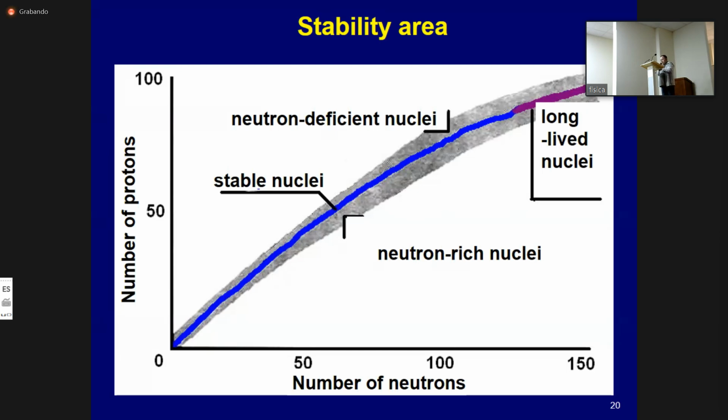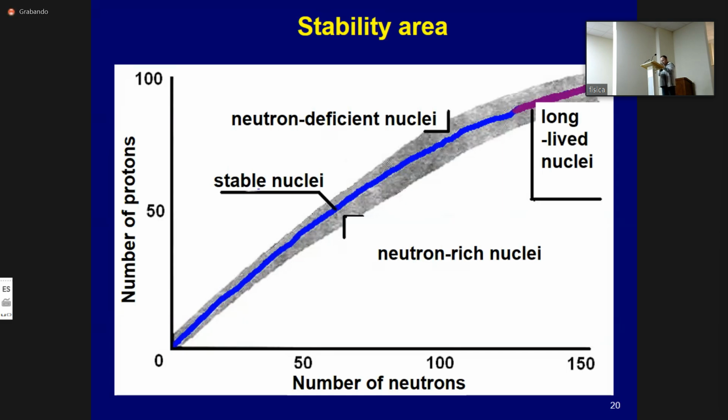Another thing, at mass number 209, bismuth-209 actually, the stability track ends, which is indicated on the slide at the area with long-lived nuclides. Actually, after this, we can see the island of stability, but it is also another story. Physical properties of isotopes include their stability. It depends on the number of protons and neutrons in the nucleus.